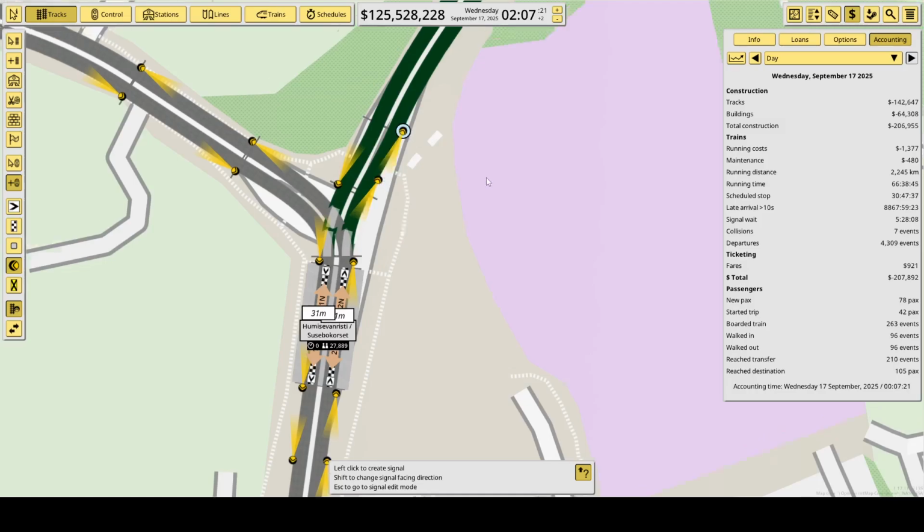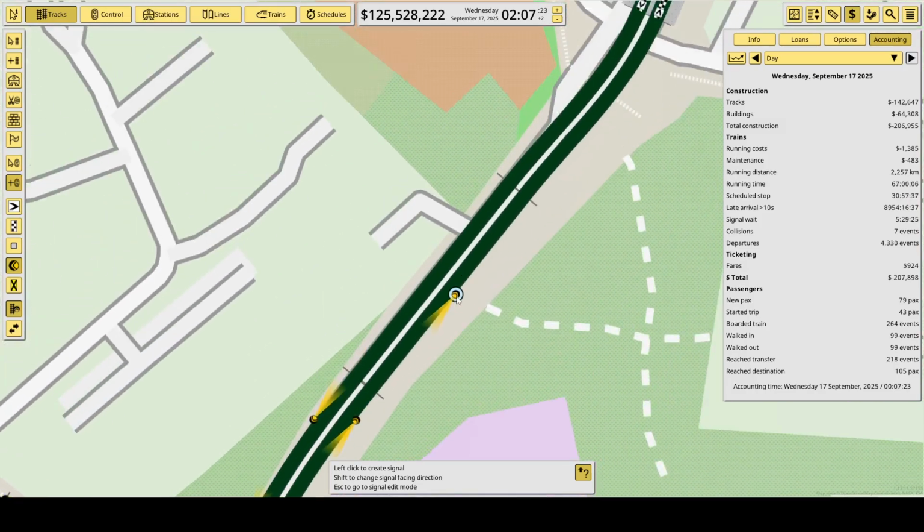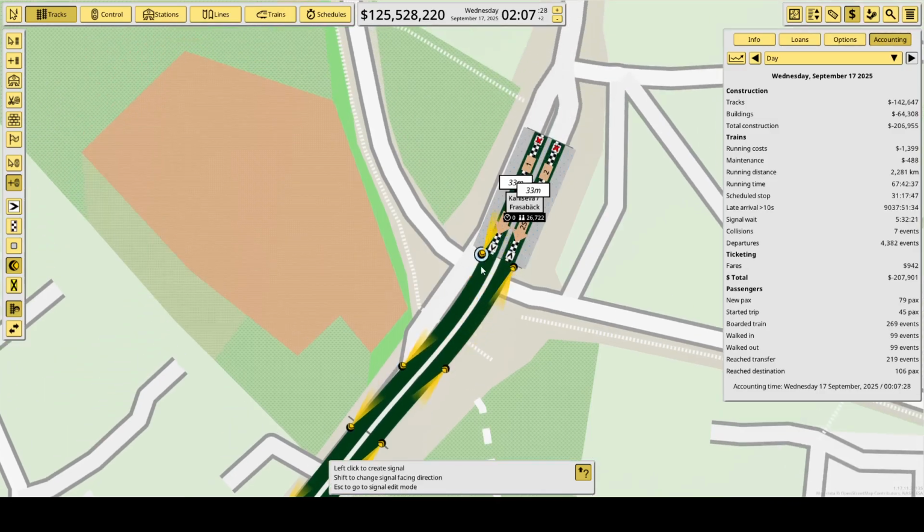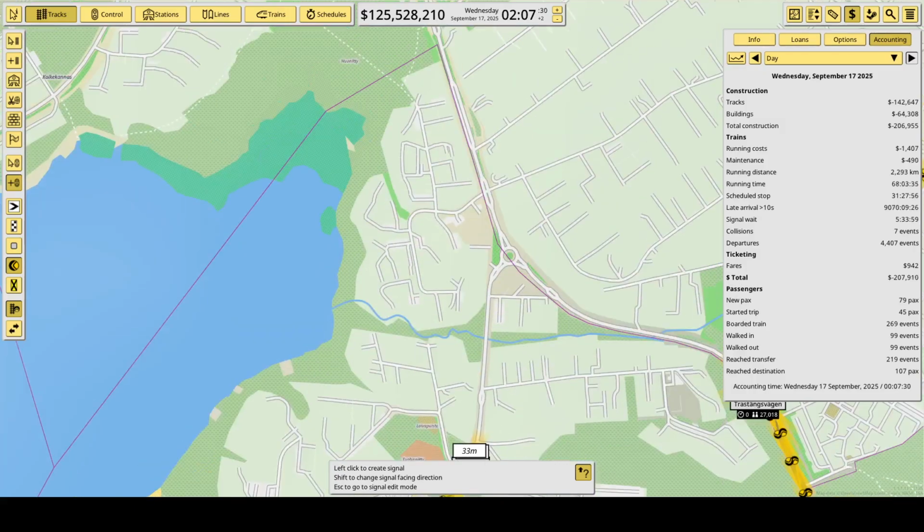There we go, and then let's create some signals in here. Hopefully not mixed ones. There we go.